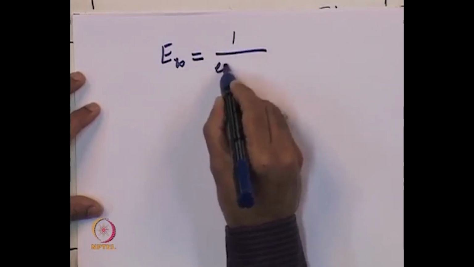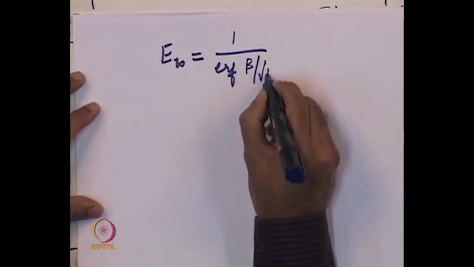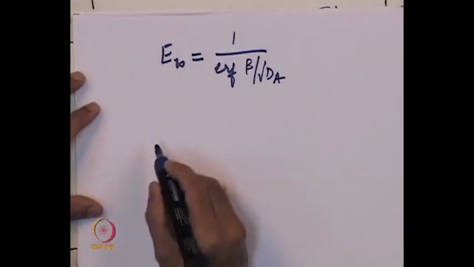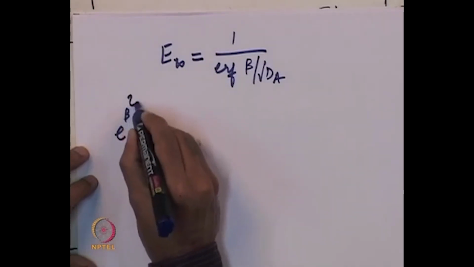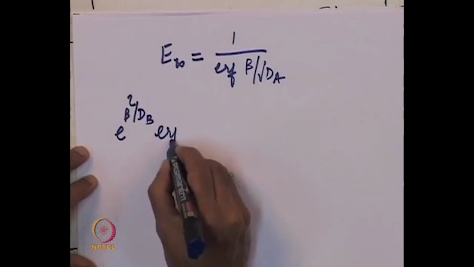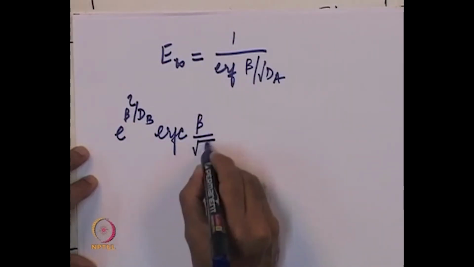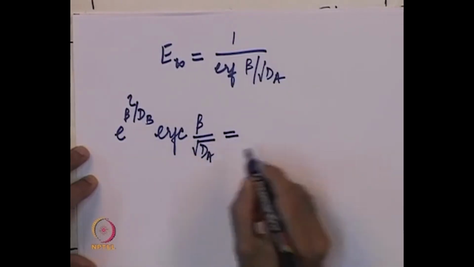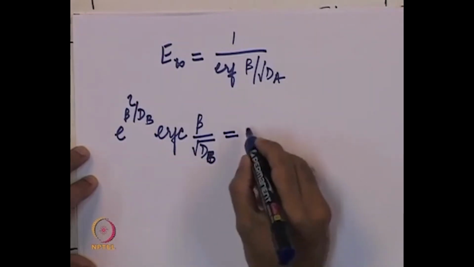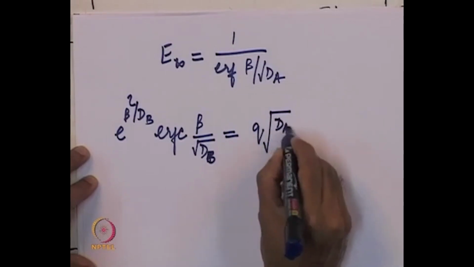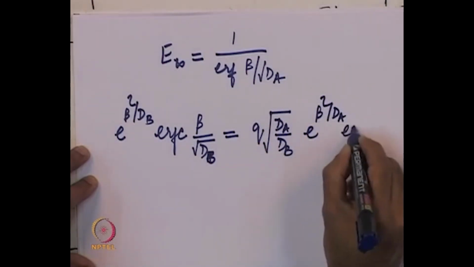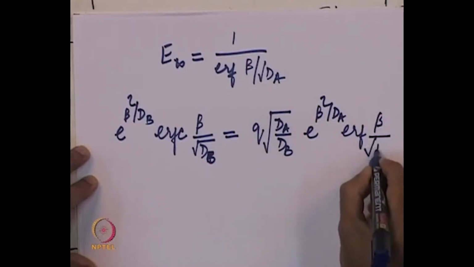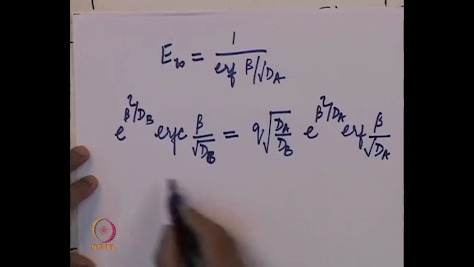So, that is given by an expression of this kind, error function of beta divided by square root of dA, where this parameter beta comes from the transcendental function, exponential of beta squared divided by dB, error function complement beta divided by square root of dA equals dB rather q square root of dA upon dB e to the power beta squared by dA, error function of beta divided by square root of dA. So, this is the